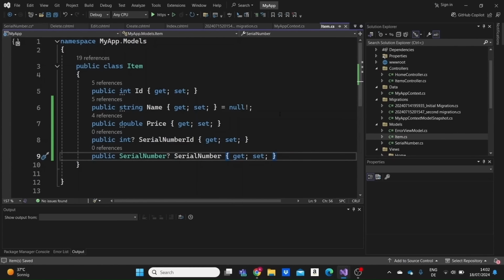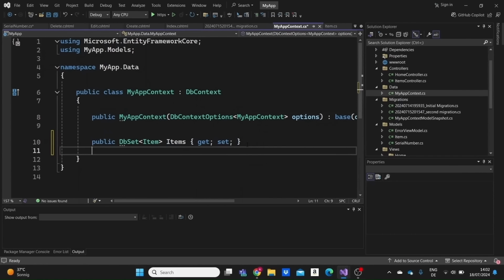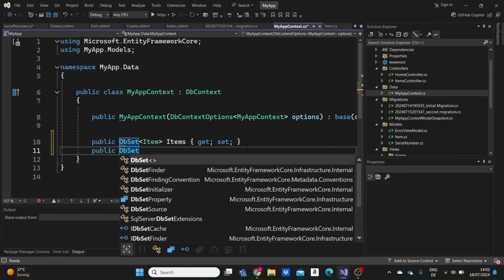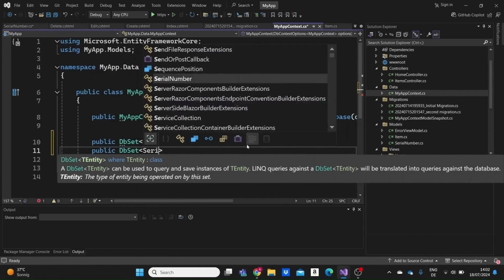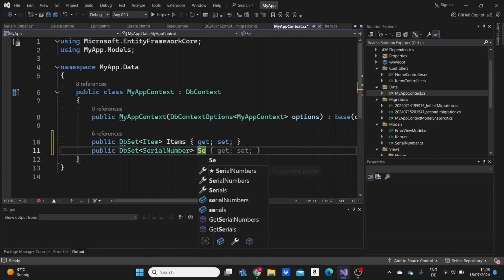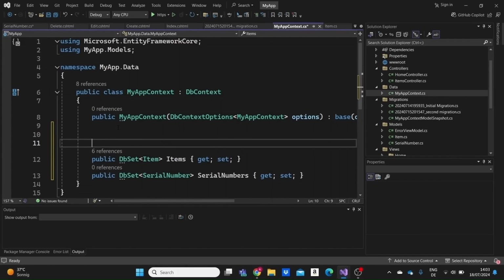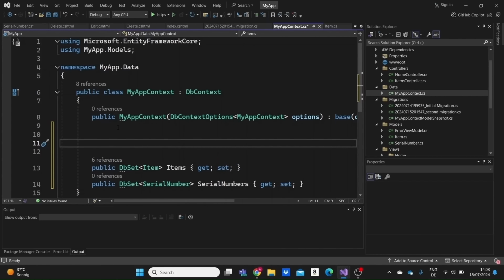Now that we have this clarified, let's just go to the context. I'm going to need a DbSet instance for our serial number model. I'll name it serial numbers in plural. For us to give some initial data to an item and a serial number in our database, we can use